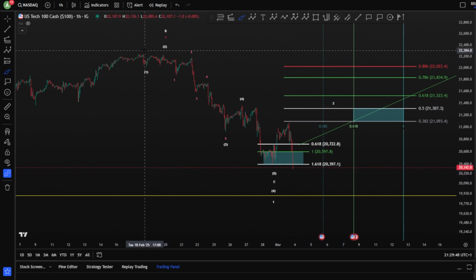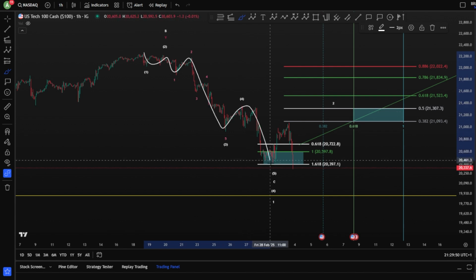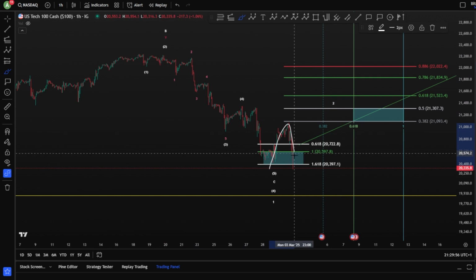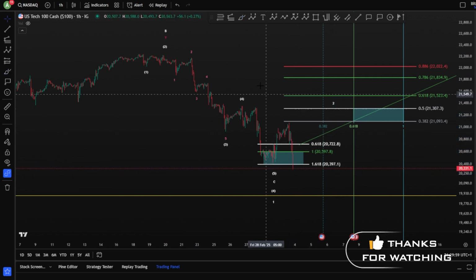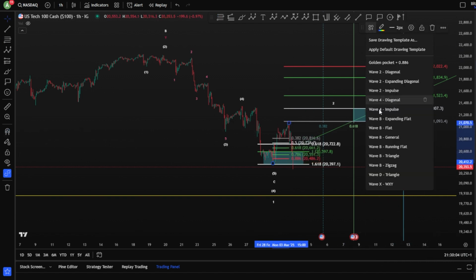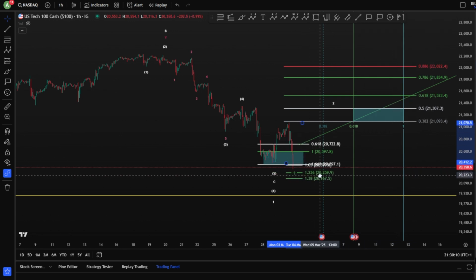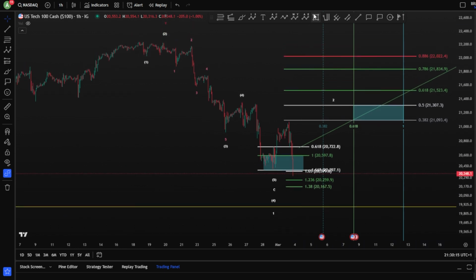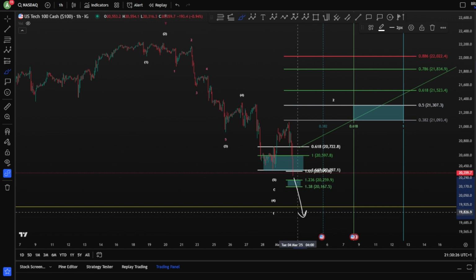Now of course if we are in a double 1-2, 3, 4 and a 5, you are looking for still wave 2 toward the upside. But if this wave 2 is not an expanding flat, we have to be very careful from it. Meaning, if you are looking here at a wave B as an expanding flat, let me check, expanding flat, here we go. So this might be your scenario here, as well as an expanding flat. If we break those levels, meaning 20K 100, we are moving in a very bearish scenario,